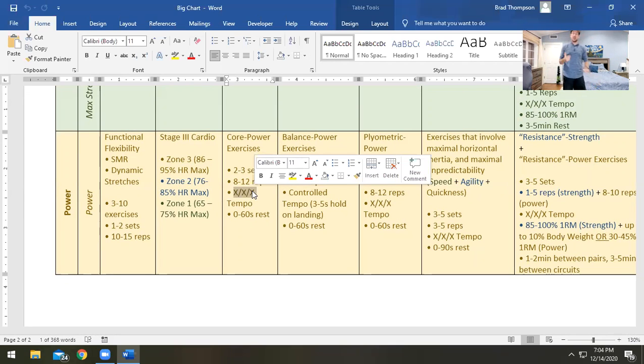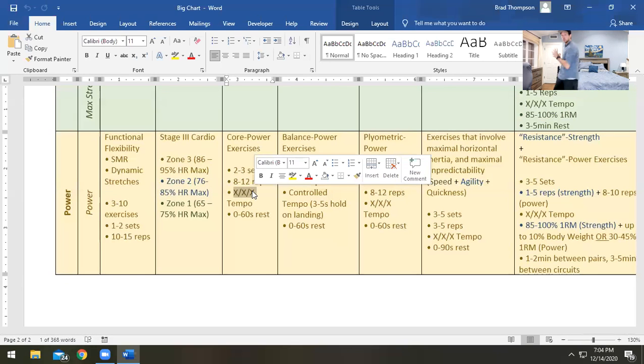Remember, this tempo is eccentric first, isometric second, concentric third, right? And this says X in all three. So I shouldn't be just throwing hard. I should be catching, not pausing, and then throwing hard, right? So what I should do is have the medicine ball, throw it, and then when I get it back, like that,